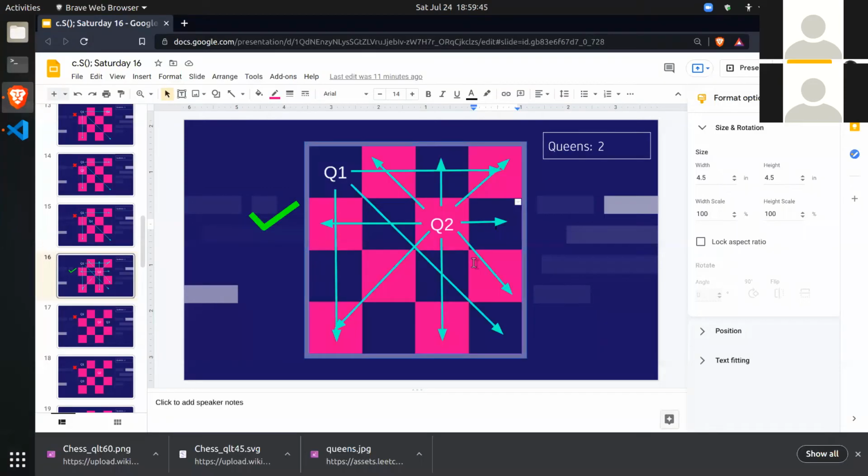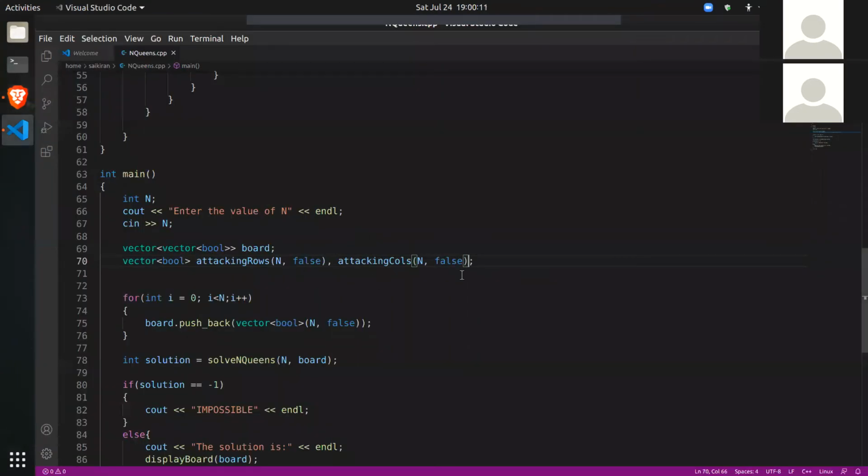We cannot do the same for diagonals. I mean, we can do diagonals like this, but it's not the easiest solution. Given a cell, finding which diagonal it is and determining which diagonal it attacks requires a little bit of calculation. So to check diagonals, I'll simply use for loops, but for rows and columns, we can skip that calculation. Okay.